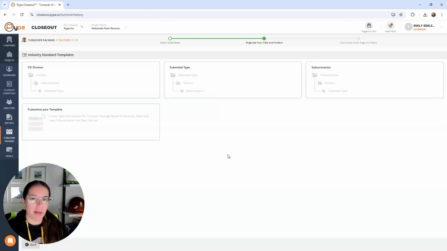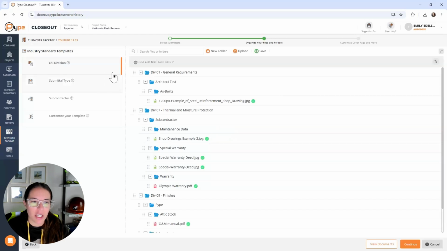It gives me a few different templates to choose from. So I can choose from just on the CSI division, the submittal type, or subcontractor. And then also I can do it based on my own template. So if I want, I can customize my own template. So giving you a lot of different options for how you want to organize your package. If I choose by CSI division, which I like the best, I think that's the most comprehensible for facilities,